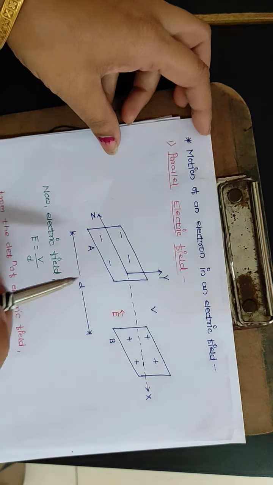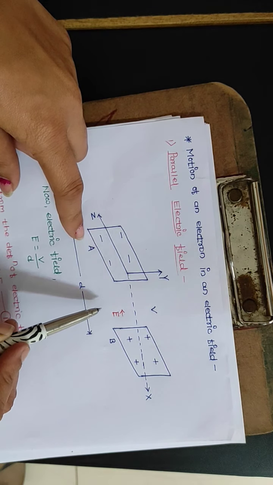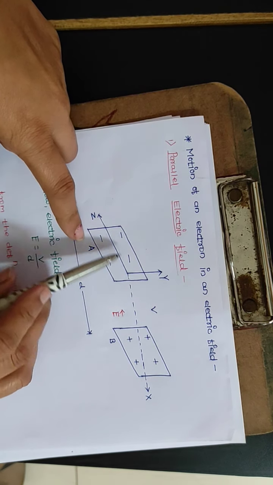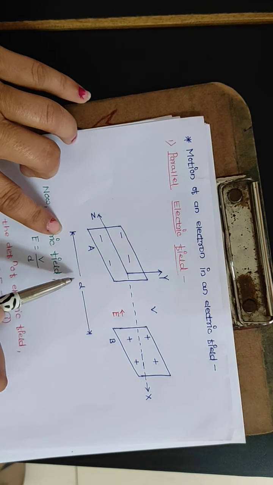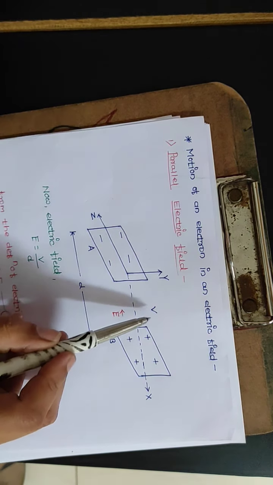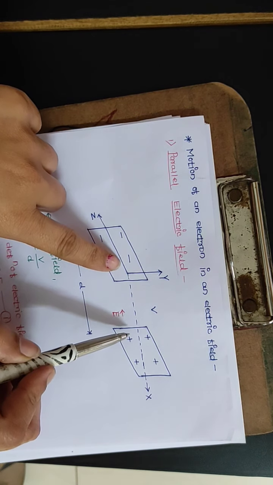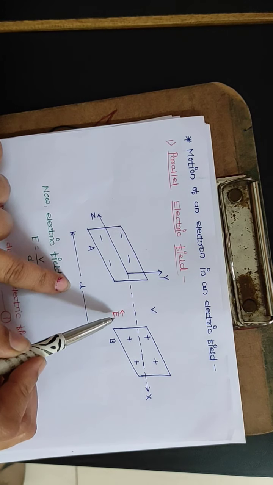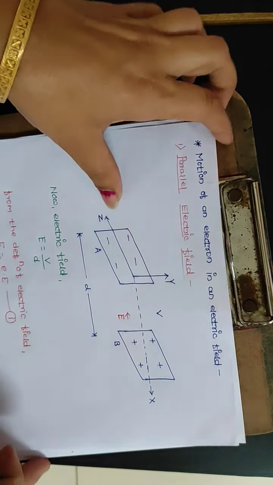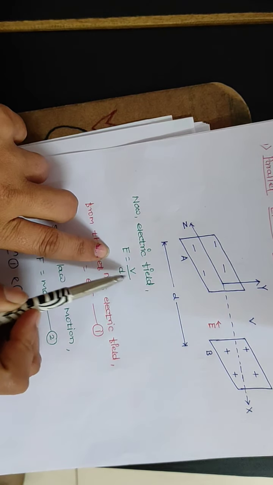One more time I will explain. So consider two plates A and B, both are kept parallel to each other, A having negative charge, B having positive charge. These two plates are separated by a distance small d. Now V be the potential difference applied between the plates. Okay, and due to this potential difference, electric field E is developed across the plates. Now electric field we can write E is equal to V by d.